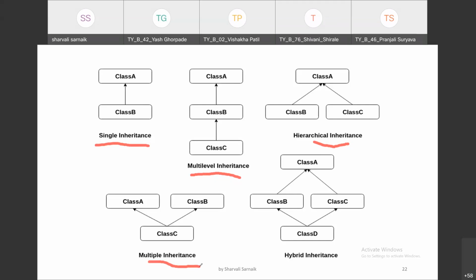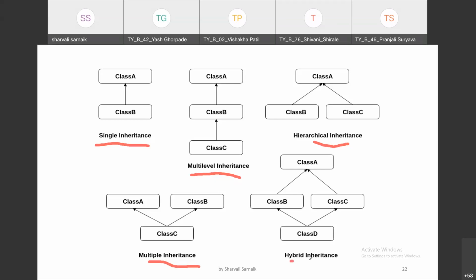Class A and class B are the base classes and class C is the derived class. This means class C is accessing the features of class A and also the features of class B. But there is no connection between class A and class B. So this type we call multiple inheritance.